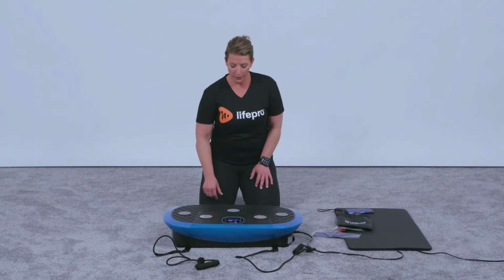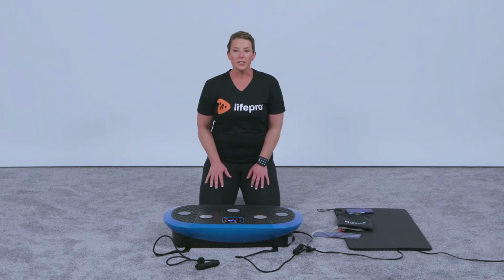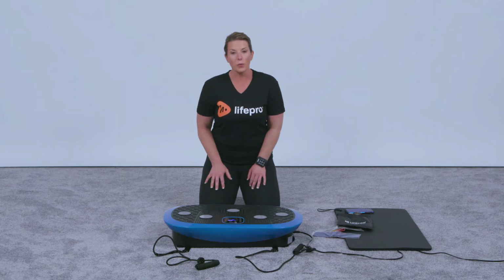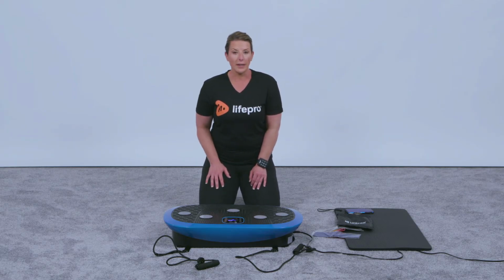So I'm gonna start with a pre-programmed setting of 1. We've got vibration. It's really important to note here that if you are a beginner, make sure and start with 5 minutes or less. On any of our pre-programmed settings, you cannot adjust the time because it's already preset for you. So if you're wanting to try out the platform, don't want to think about it, go ahead and start with the 10-minute program, but as you are going to find, the time will automatically reduce itself as the program continues on. So when you get to a 5-minute lapse of time, then it's time to shut it down and